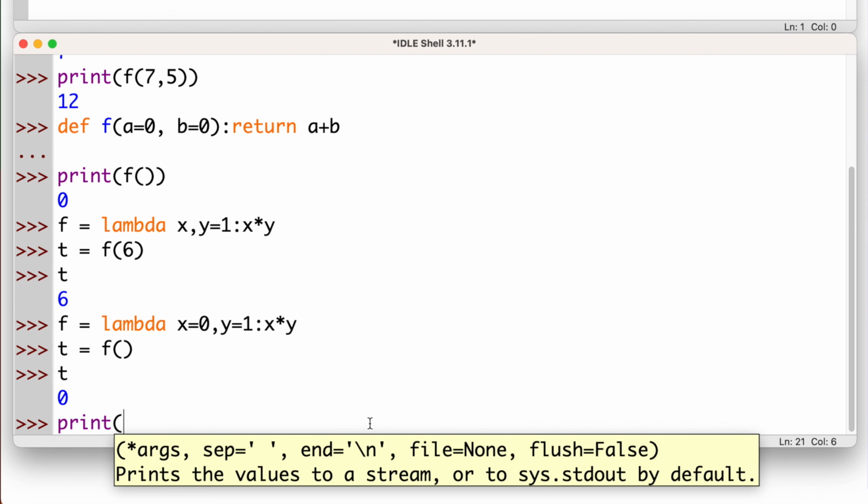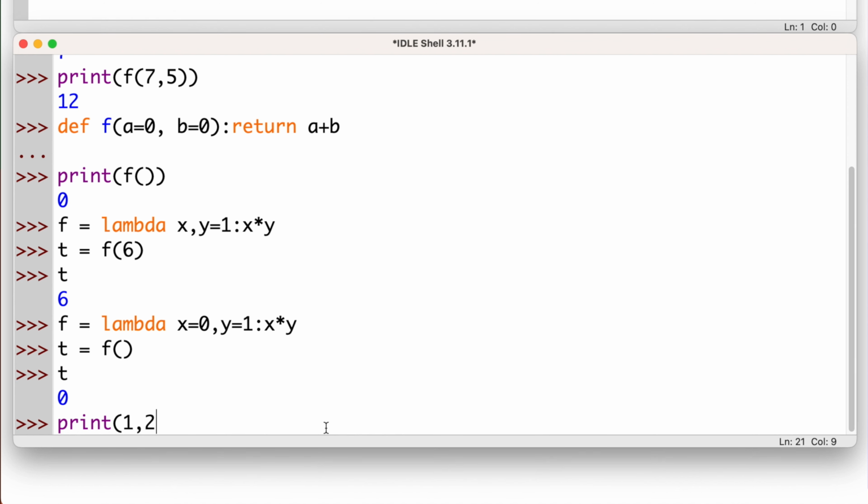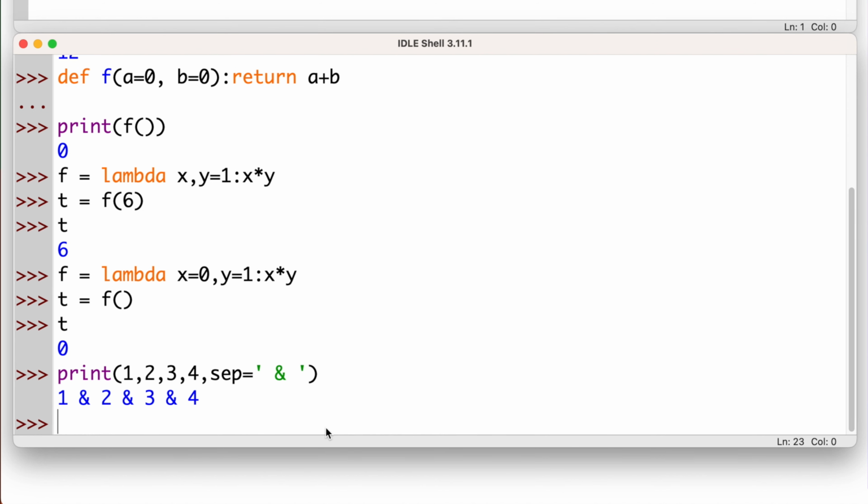Let's test, for example, the sep. As you see, this is the separator. This added the ampersand, or the and symbol, between the numbers. And the default is space. So if I take this out,